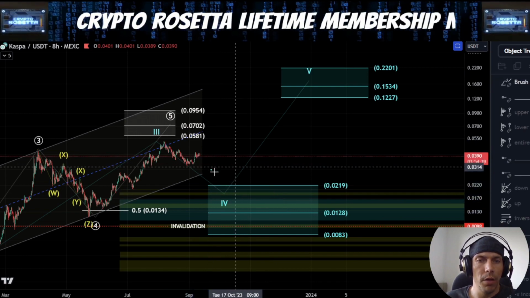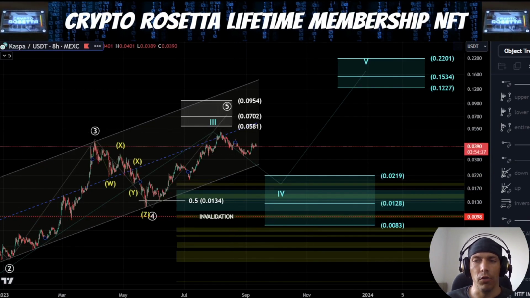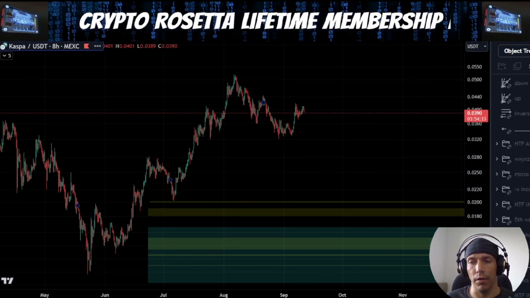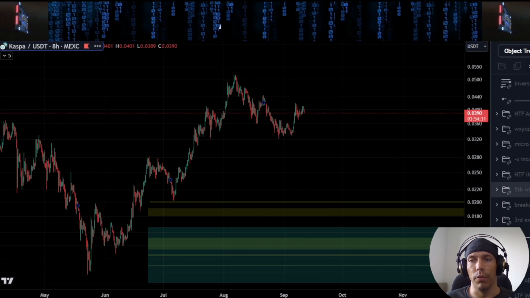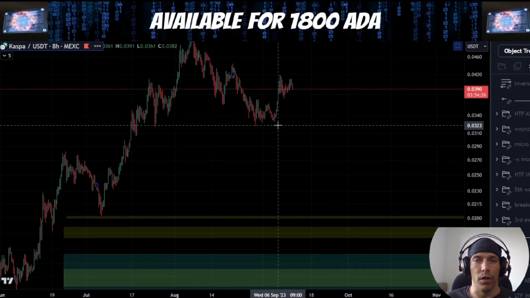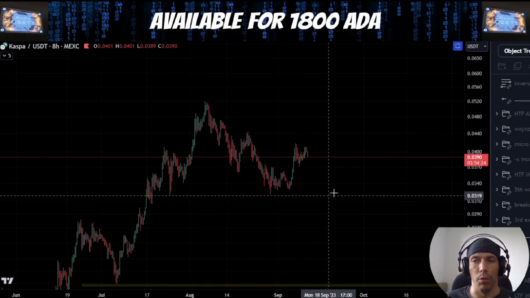So I'm going to be watching out for more indication of these lower time frame counts to see which one of these is going on. So we're going to go into that idea now that we are looking for this idea of the fourth wave still playing out here. And then we're going to discuss what could happen if we do see that bigger corrective structure.